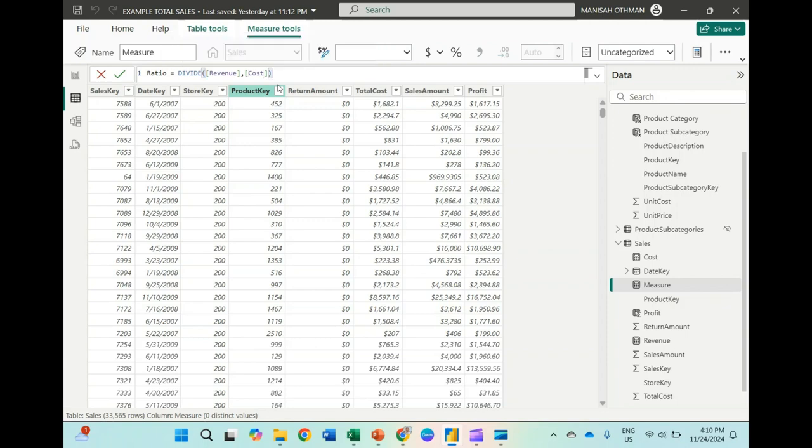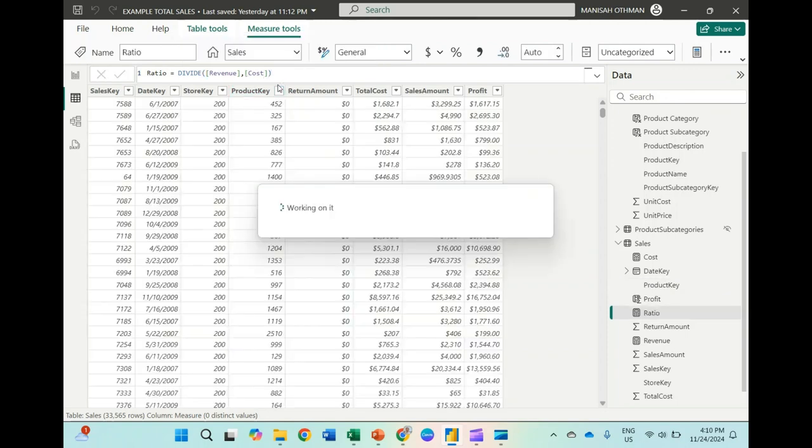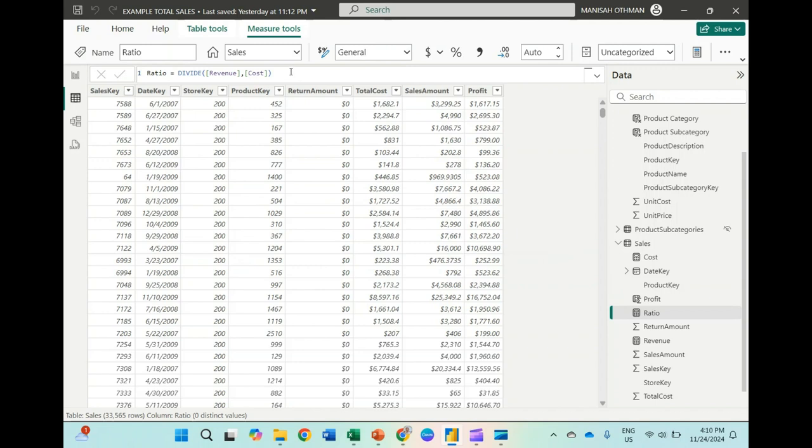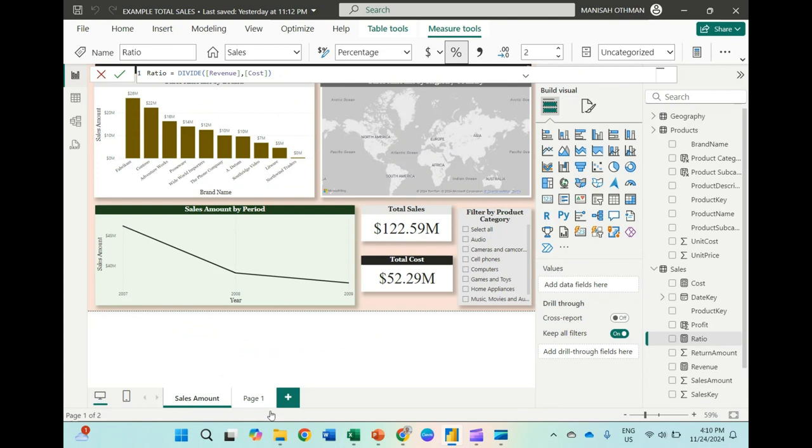Okay, close the bracket and enter. Okay, make sure cost here is in the percentage form. Okay, this one a revenue currency. Okay, cost is in the currency as well. Currency.